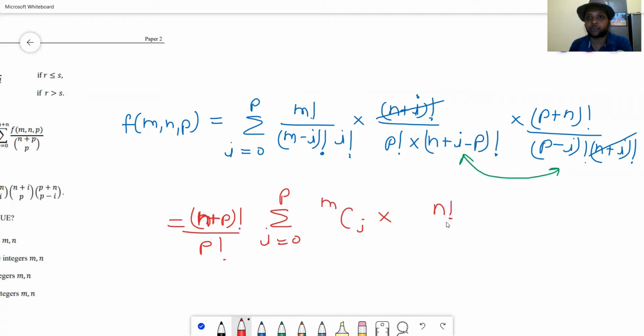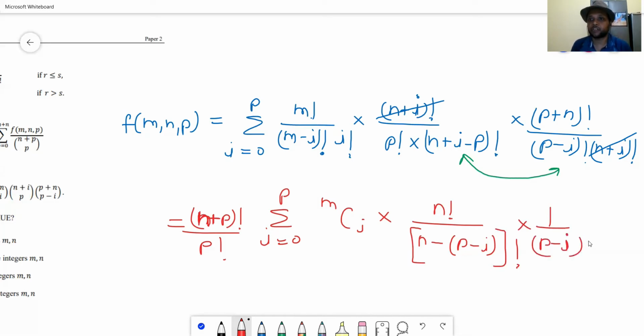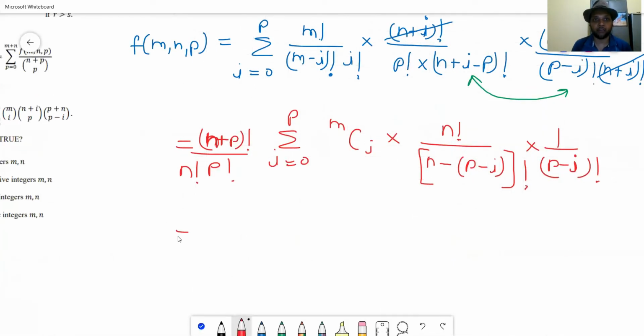Sorry, yes, n factorial upon this will be n plus i minus p, which we can write down like this: n minus of p minus i. Okay, this into 1 upon p minus i factorial, p minus i factorial, right? Now we have multiplied n factorial, so we have to divide as well, n factorial. So far so good. So finally we have n plus p factorial upon p factorial n factorial into